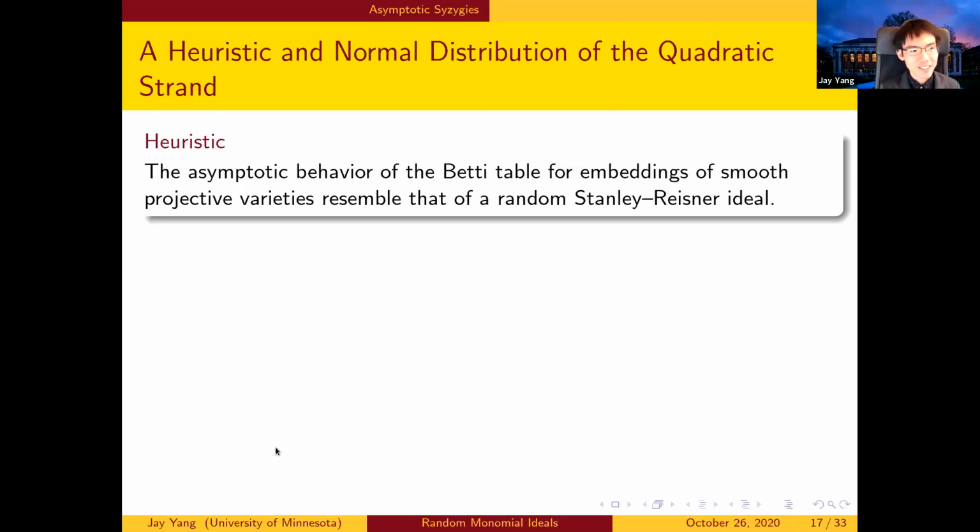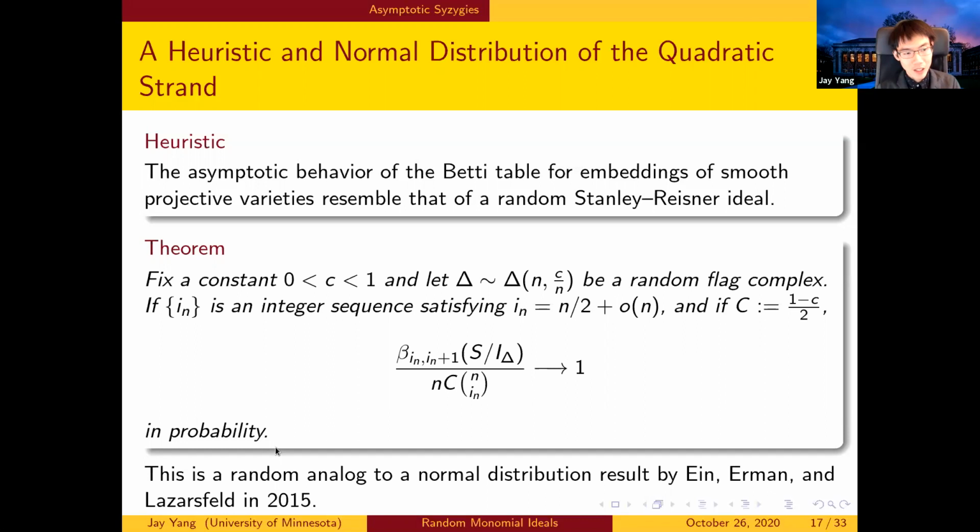There's a heuristic that says that the asymptotic behavior of Betti tables for embeddings of smooth projective varieties should resemble, without defining what that means, that of a random Stanley-Reisner ideal, where we mean a random Stanley-Reisner ideal in this model. Right? And as further evidence of this, let's look at this theorem. So I won't go into excruciating detail, but we had to fix much more constrained parameters here, you'll notice. But in this set of parameters,